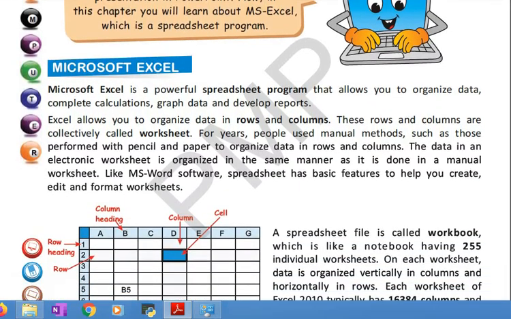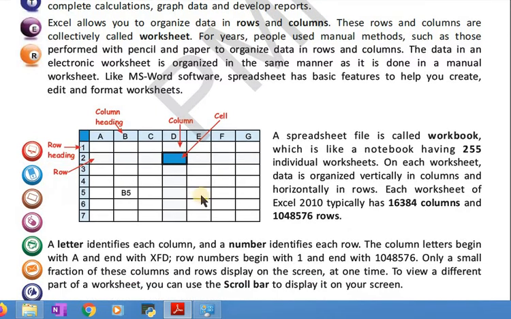See this figure? It has got cells A, B, C, D, E, F, G, and here the numbers are written 1, 2, 3, 4, 5, 6, 7. So these numbers are called rows, and these alphabets, this is A column, this is B column, this is C column, this is D column, and this is a table, right? And like this here, this is A2,